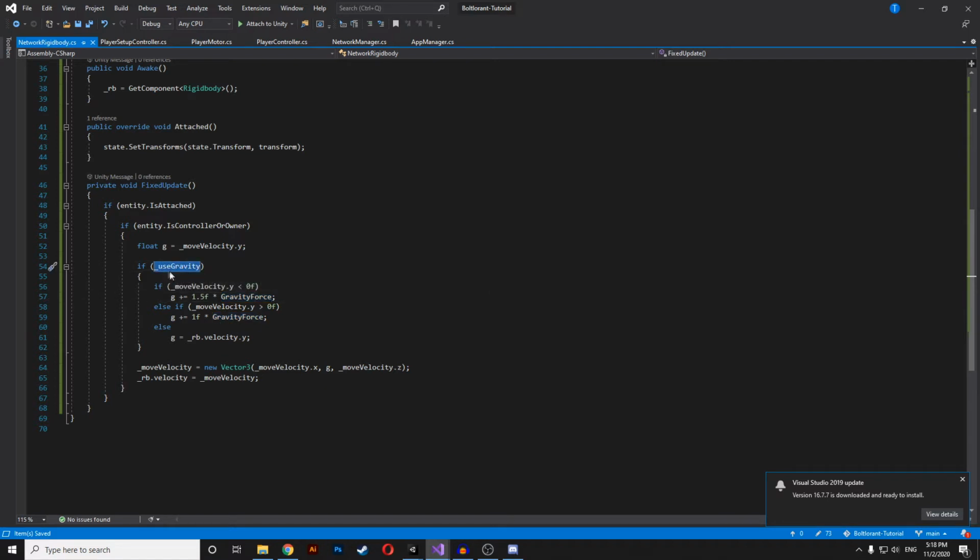So now we're going to check if we are using gravity, and we have three parts for it. First part, with the formula, will add 1.5 gravity force to the G if we are falling, because the y will be negative. Next will be if we are jumping or ascending, so the y is positive, and this means we will apply gravity